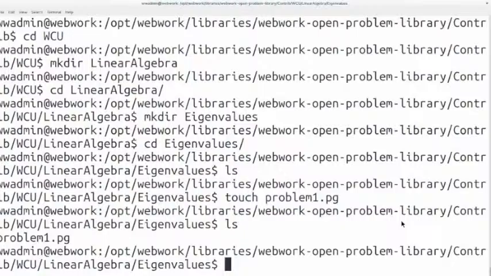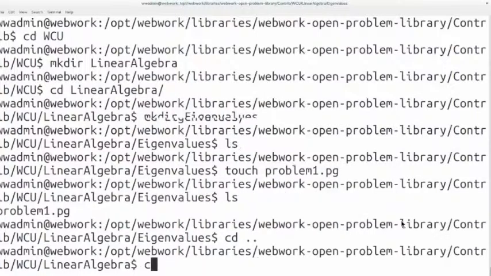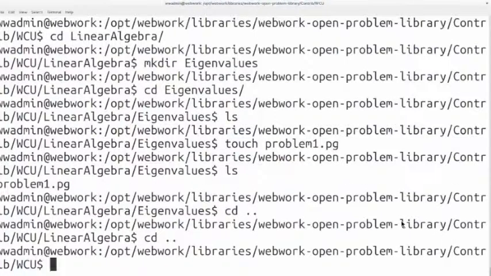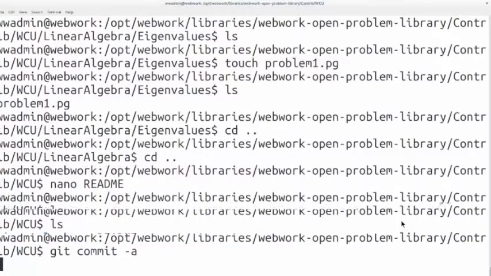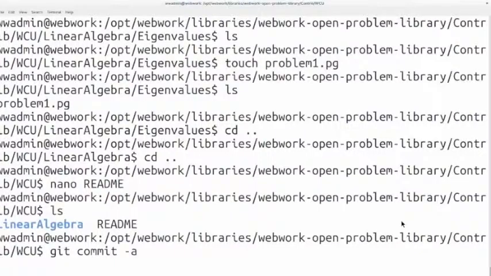But once you have everything in contrib that you want to have in contrib, and you've got all your problems, and you've got all the directory structures and everything that you want, and you've checked it to make sure they're tagged correctly, and what I've forgotten here is a README. So I should probably go down to WCU, and I would do... So once you've got everything the way you want it, you do git commit -a. And this actually commits all the changes that I have to this